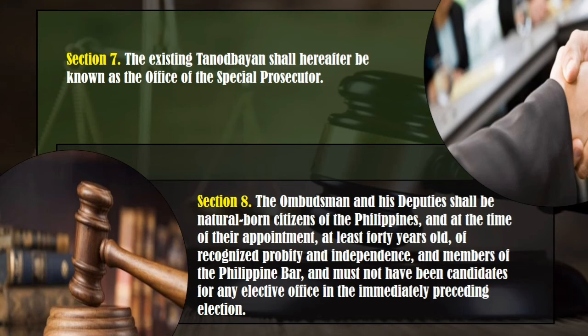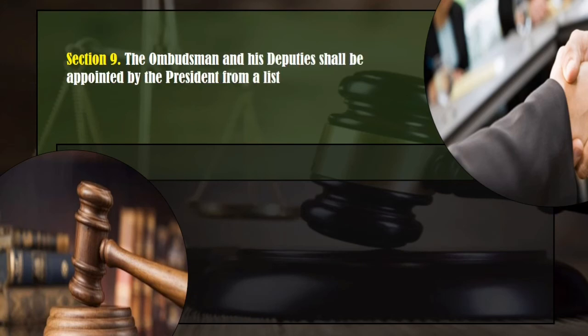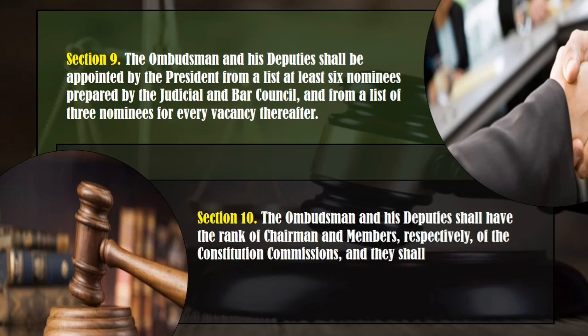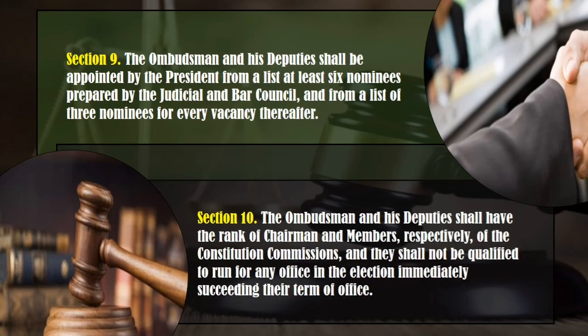As to their appointment, class, Section 9 provides that the Ombudsman and his deputies shall be appointed by the President from a list of at least 6 nominees prepared by the Judicial and Bar Council, and from a list of 3 nominees for every vacancy thereafter. And such appointments shall require no confirmation from the Senate, and all vacancies shall be filled within 3 months after they occur. While as to the rank, Section 10 provides that the Ombudsman and his deputies shall have the rank